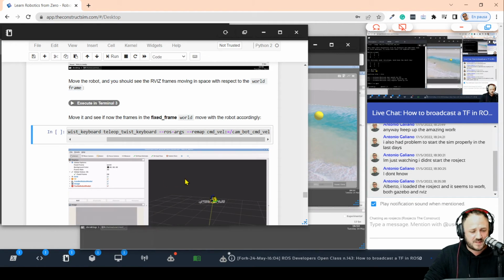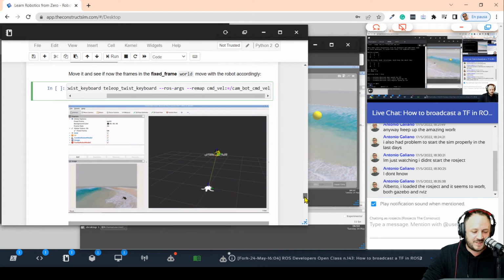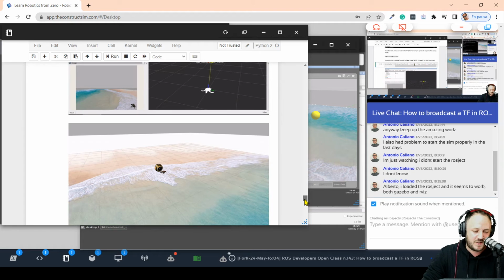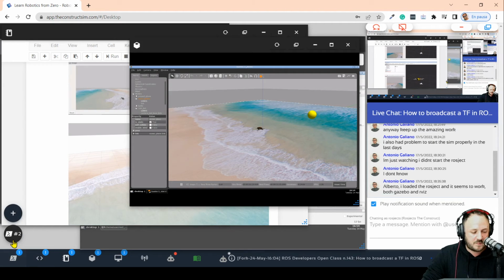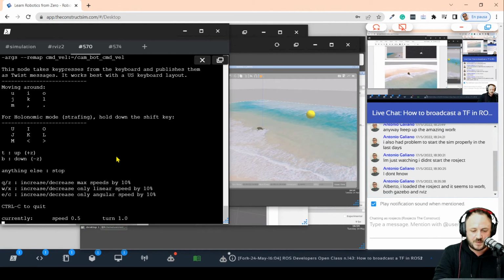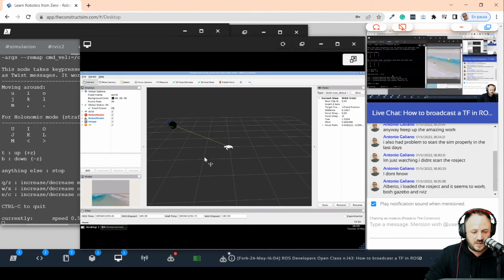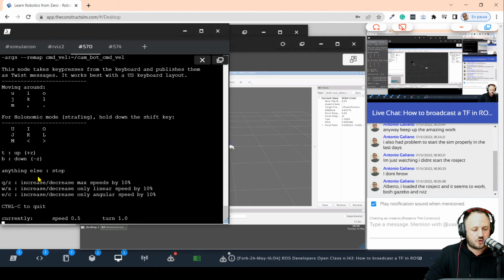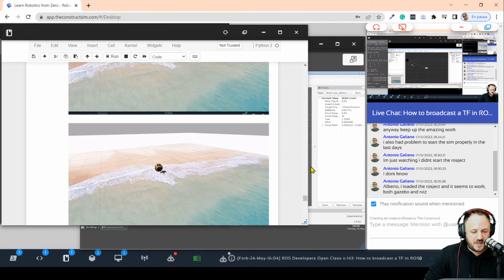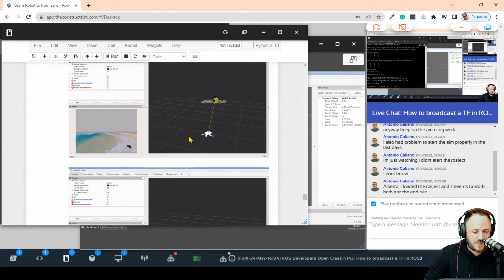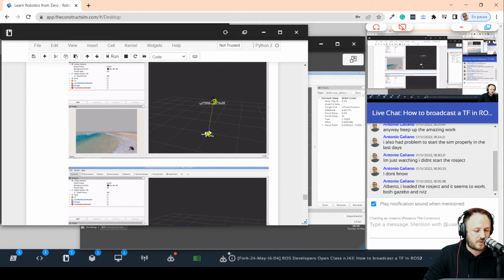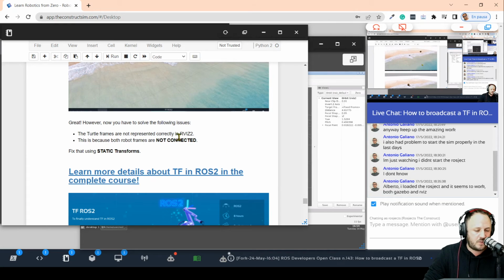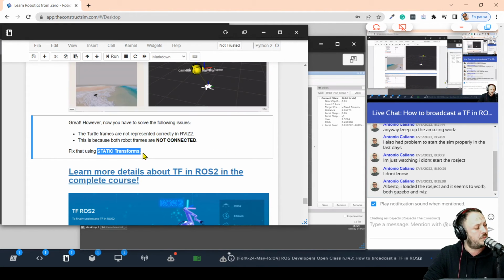Okay, so great. Basically that's it. We have finished. Of course, there are still some things to be solved here, right? So we can also rotate the camera. Let me try it here to rotate a little bit the camera, and we should see as well here how the TFs are rotating, right? So there are still some things to be fixed here, of course, especially in relation with the 3D turtle. So we should connect the turtle to the world frame in some way. But for that, probably we should use static transforms, and we are not going to be covering this in this